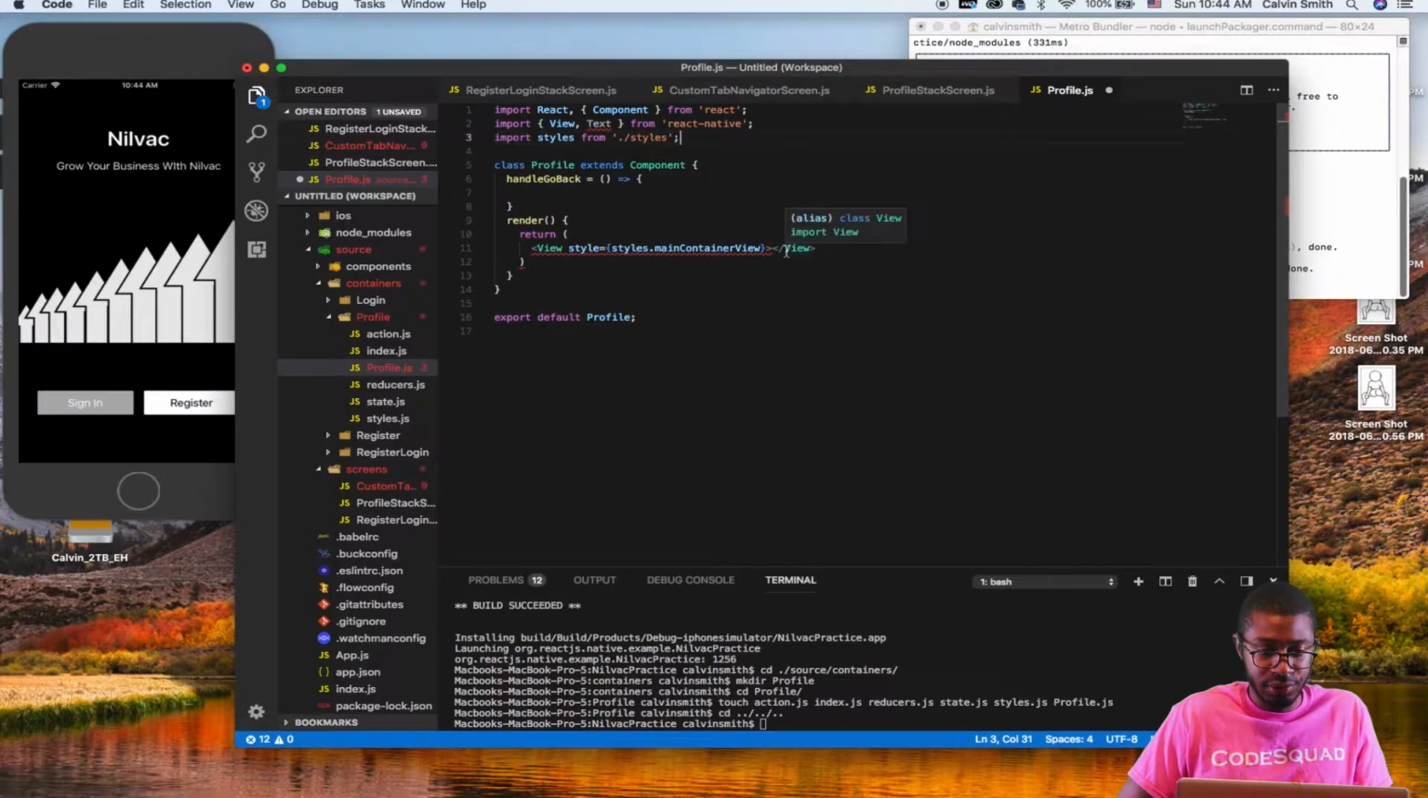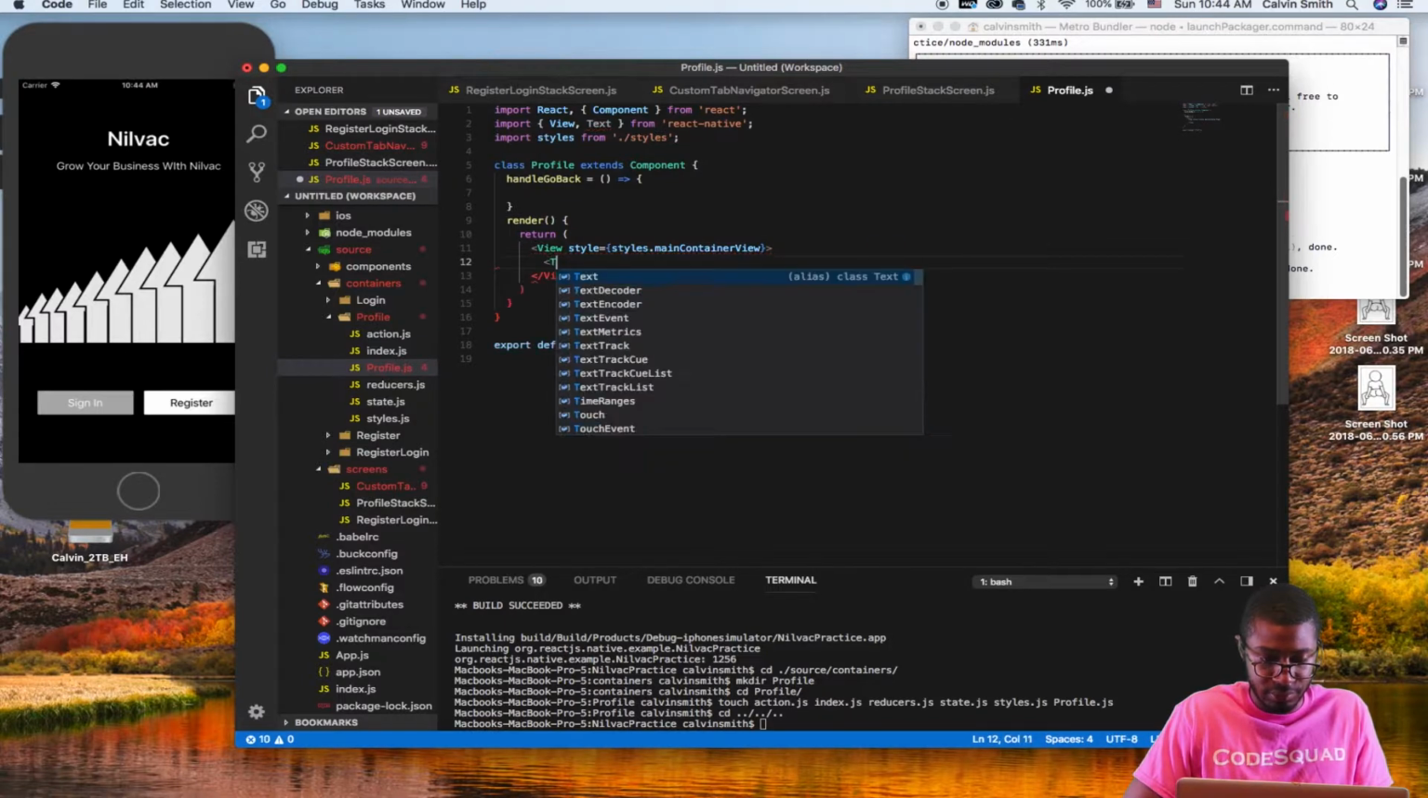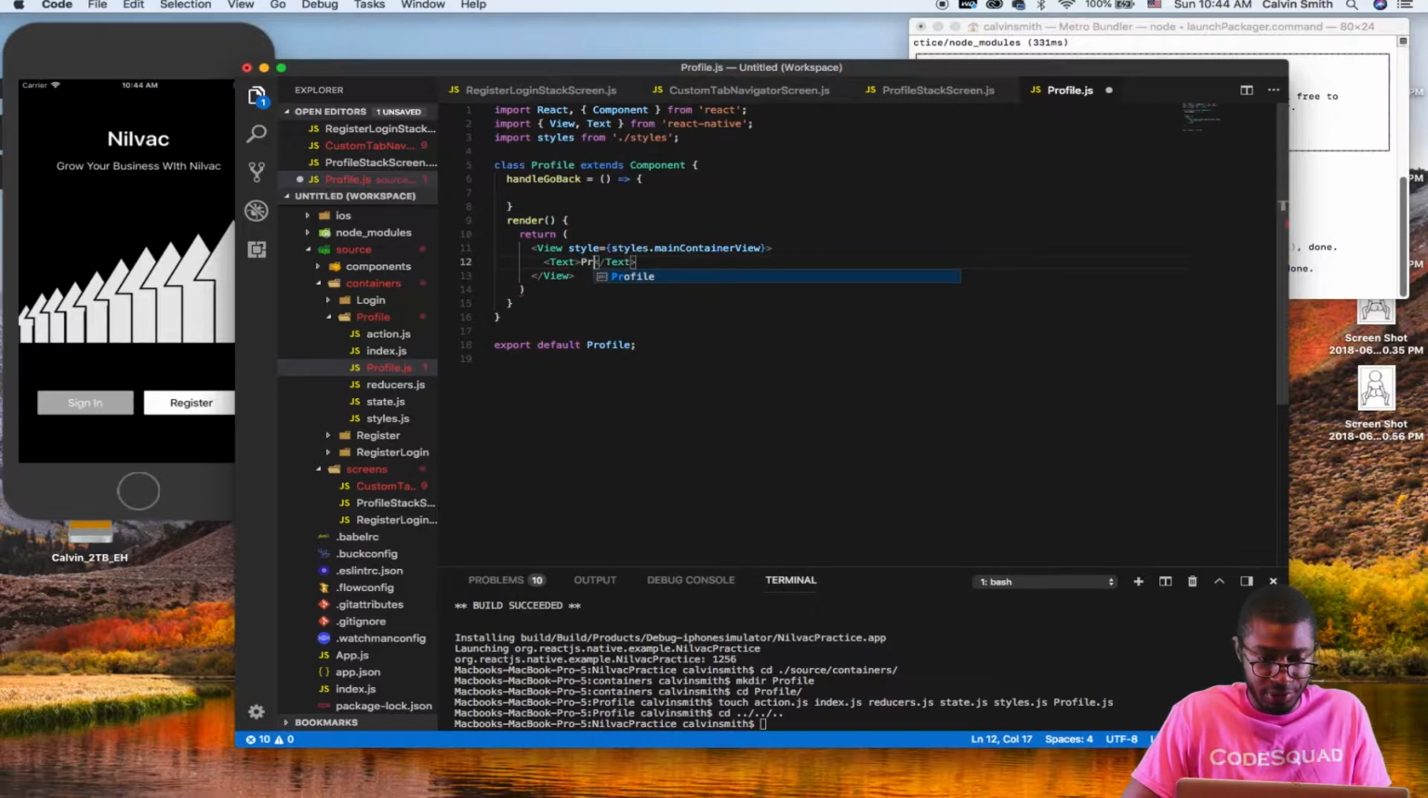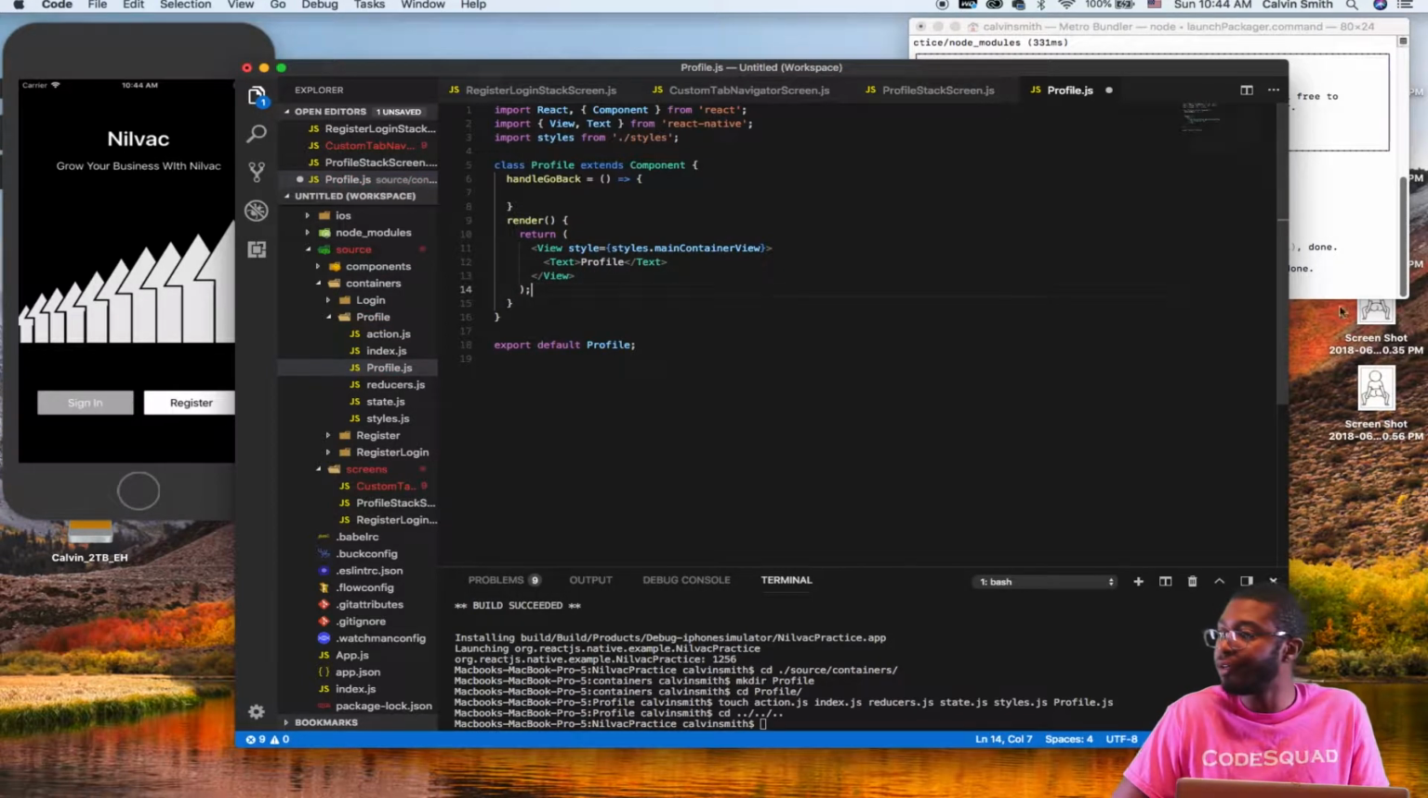And also we're going to have a text that says, let's just call it profile for now. Missing semicolon. Is that correct? All right,